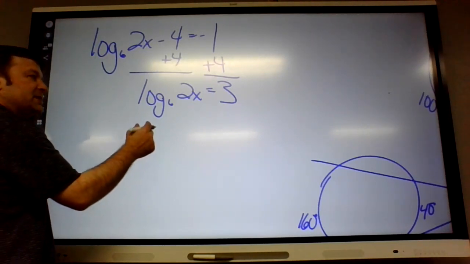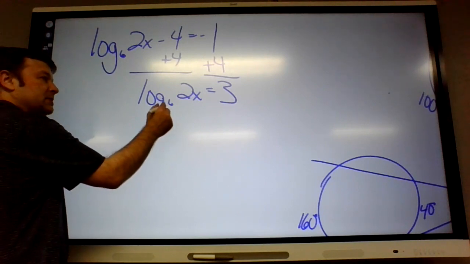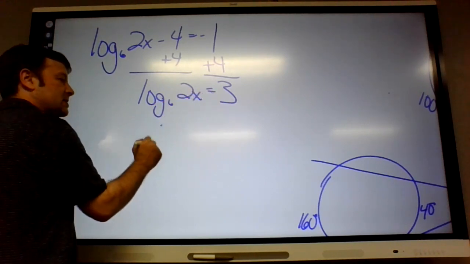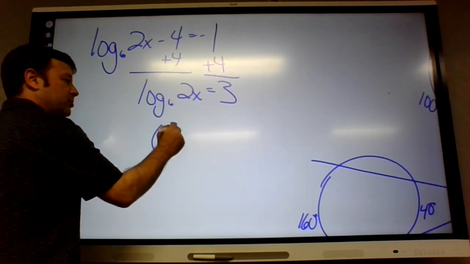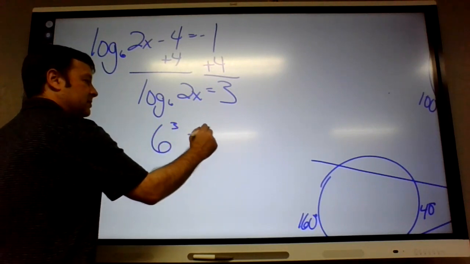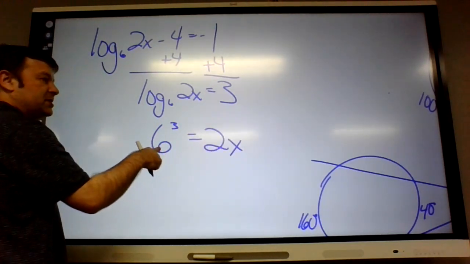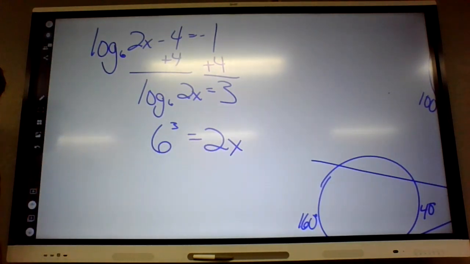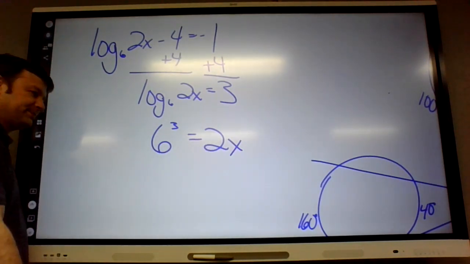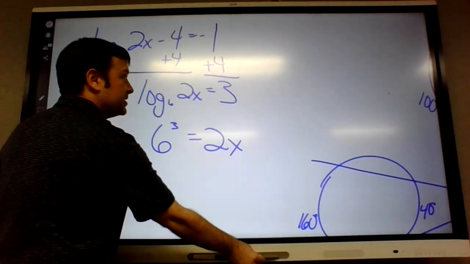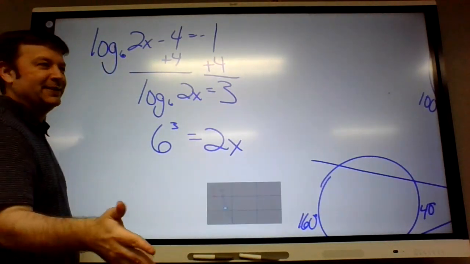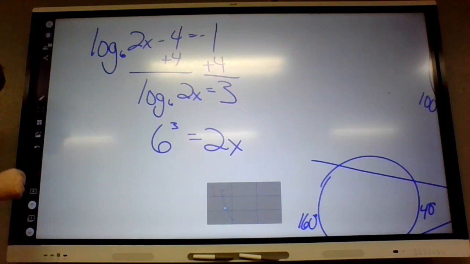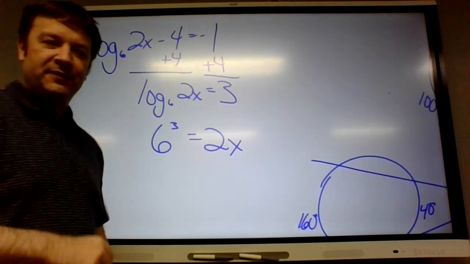So what would this be as an exponential equation? 6 cubed, equals 2x. And so then it's just 6 cubed divided by 2. Got it? Easy. Well, it's easy when you know what to do. It's easy if you know what to do. It's not so easy if you